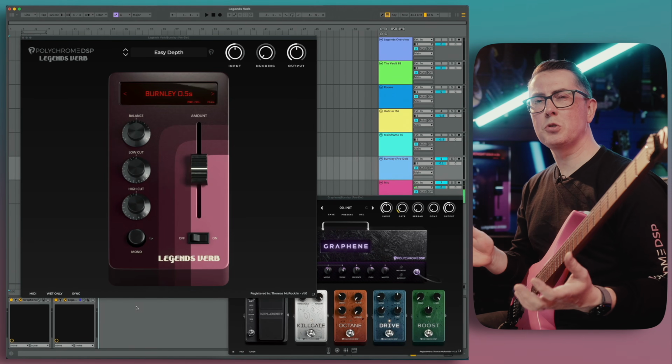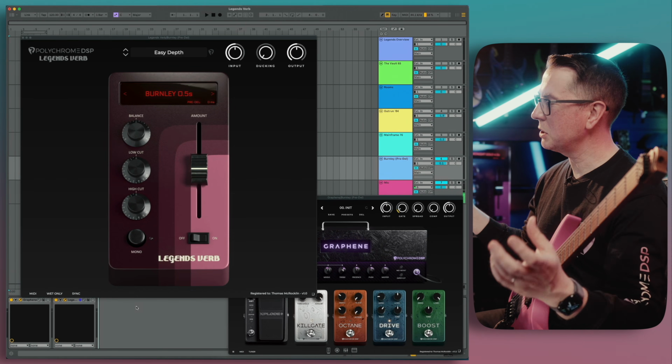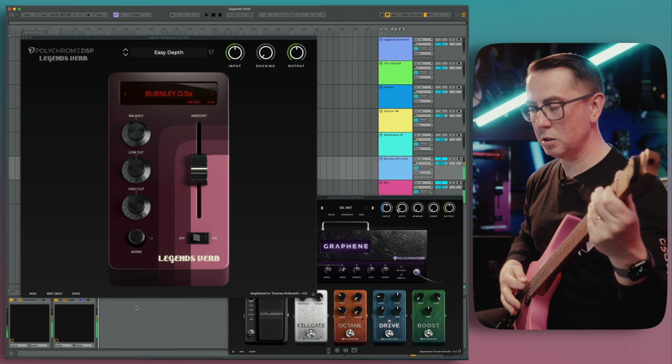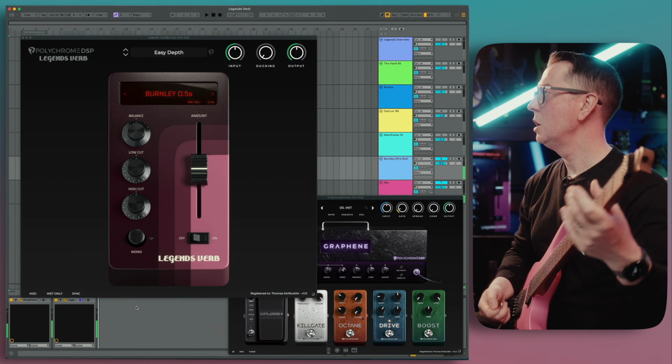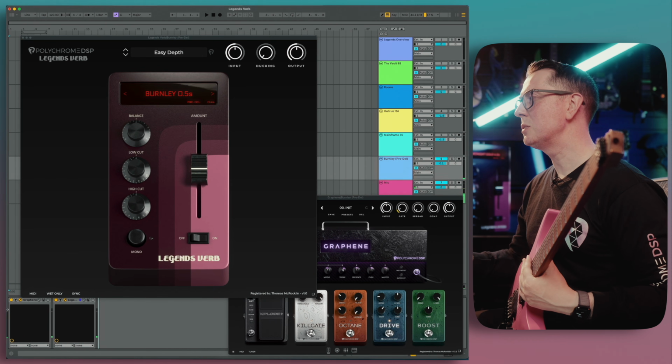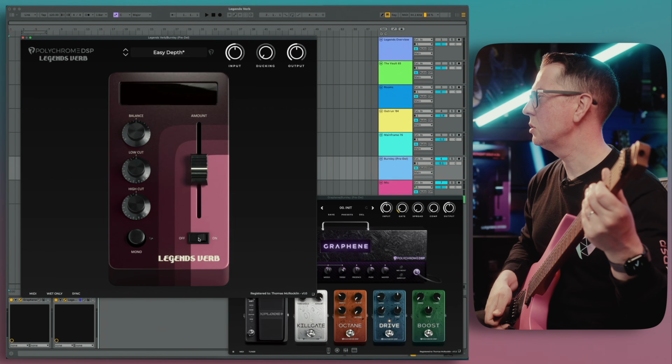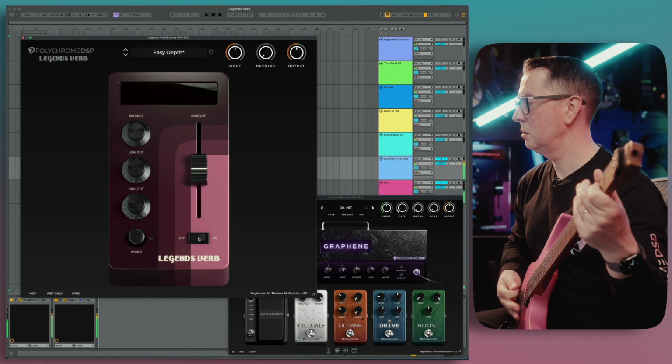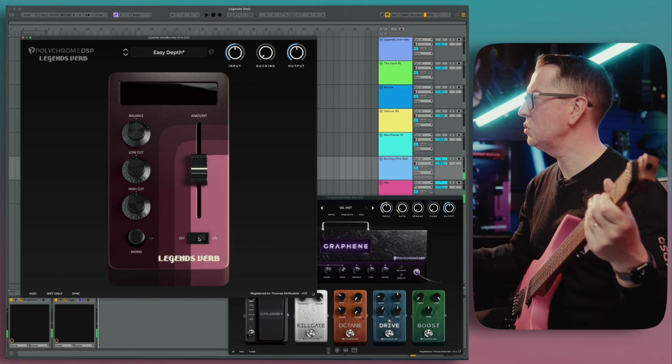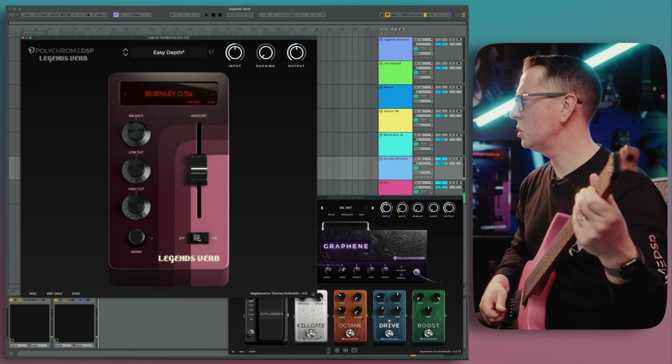And if you don't want to double track your guitars, or you want to add some extra depth and space to your guitar, check out the Burnley space. It's really musical and a great way of just pushing your guitar a little wider without double tracking it. So here it is off, very much in the center, and with Legends Verb on,